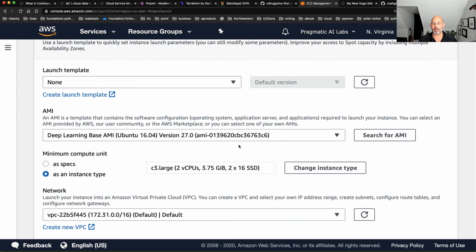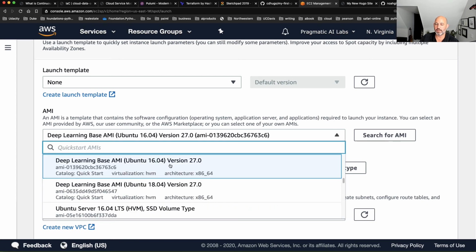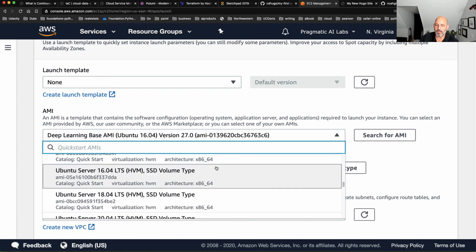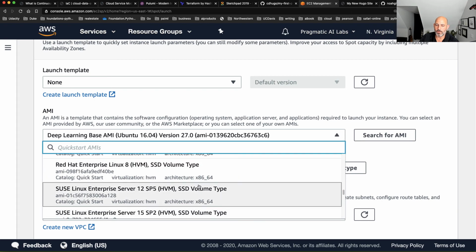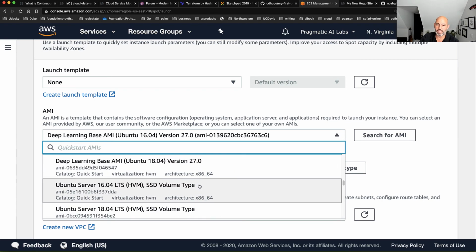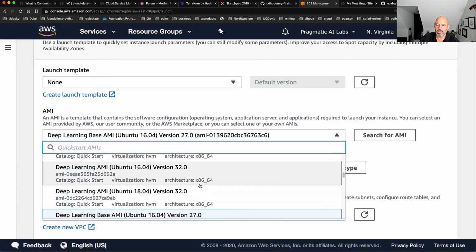And then from here, I have these options of what kind of images I can apply to my spot environment. I think the deep learning one is interesting, because if you are doing things with cloud computing, this can be really handy. There's also Red Hat Linux, SUSE Linux, all kinds of different machines here.